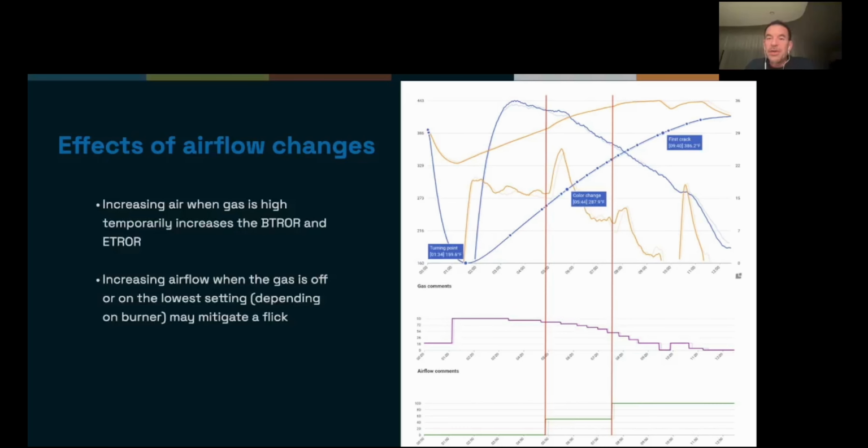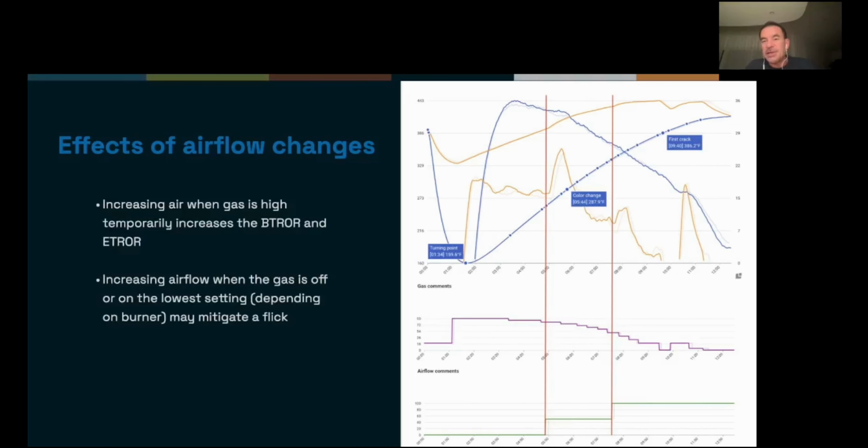The important thing here is to say, if someone were to come to you and say, what happens when you increase airflow in roasting? The answer is, it depends on how hot the burner is at the time of the airflow change. So that first airflow change saw a big spike in the environmental temperature ROR and a little bit of stickiness in the drop of the BT ROR. That second airflow change, the burner was much cooler at that point, so we saw a much smaller effect